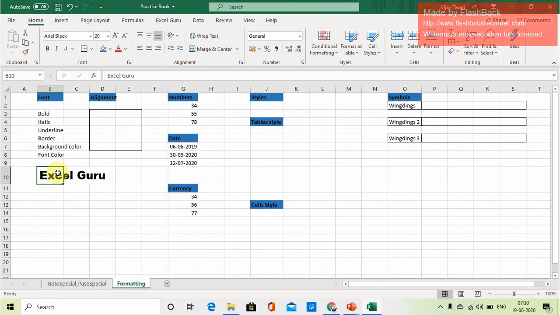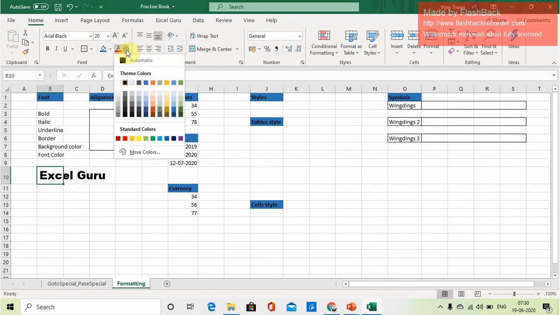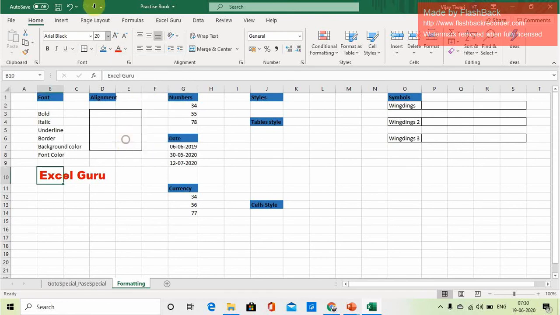The default color of the text in this cell is black, but we can change it. If you want to change it to red, you can change it from here. This is the font color. The cell background is white by default. What is font color and what is background? The font color is the letter color: whatever content is written here, say Excel, the color of that is the font color, and the background is the base color of the cell.